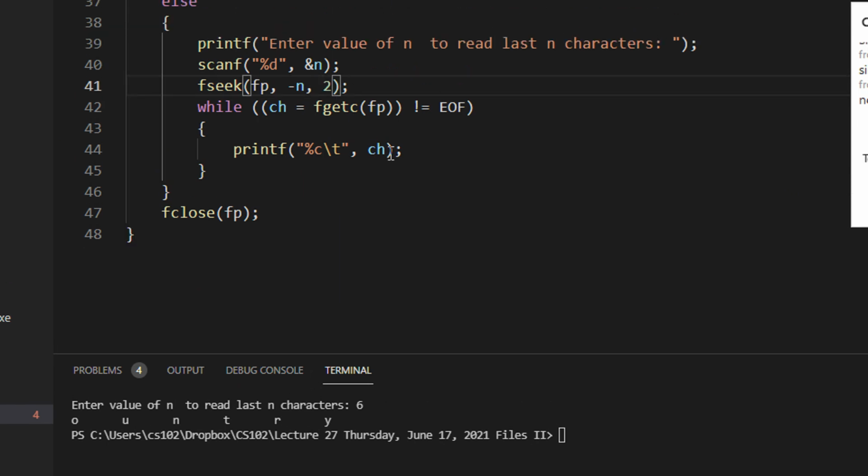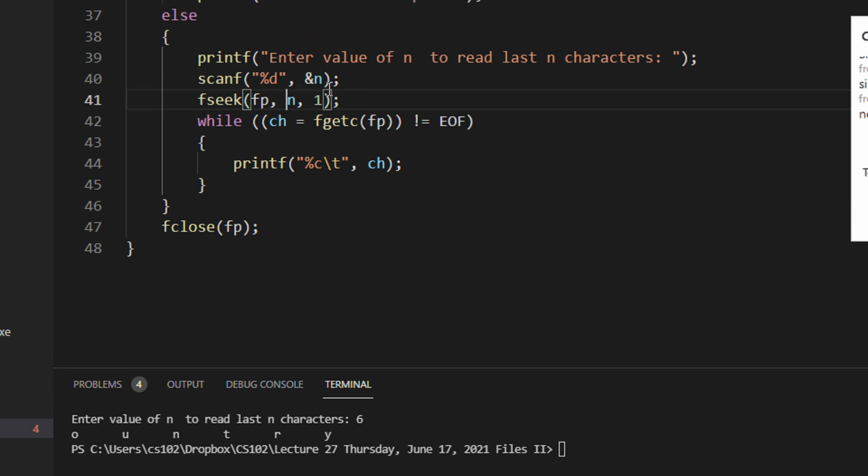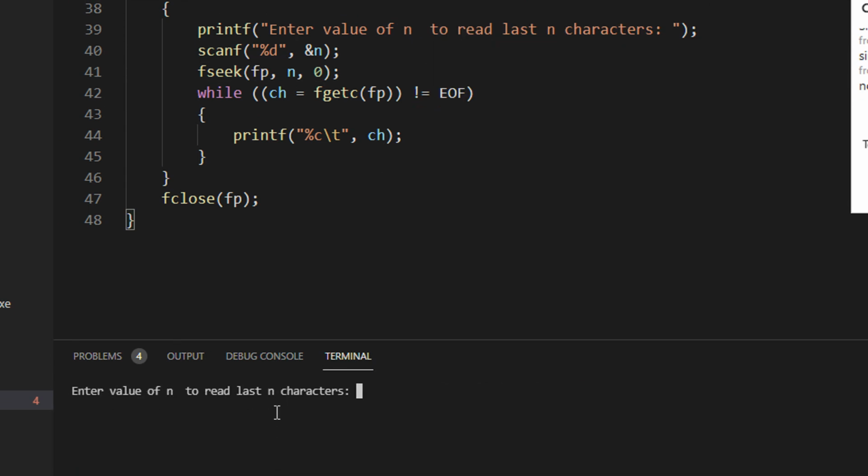Now let us do one thing. Let us say you want to read just the first 5 characters. So I am removing the negative. If I enter 5 here, this will be 0, which represents the beginning of the file. Let me run the code and say 5.